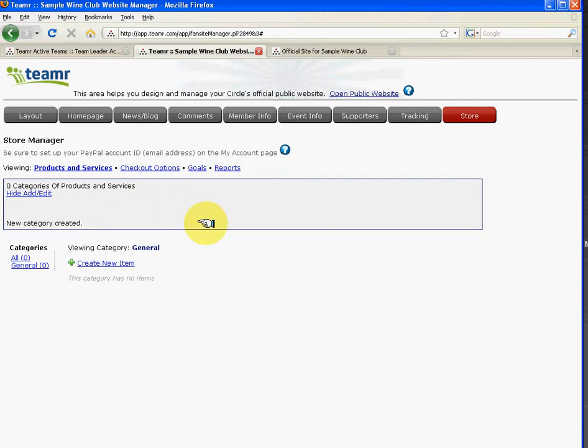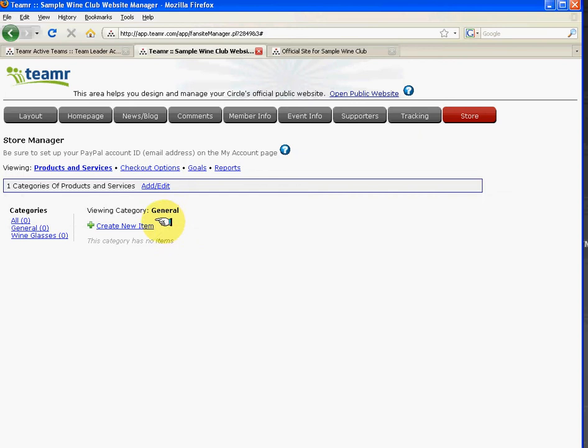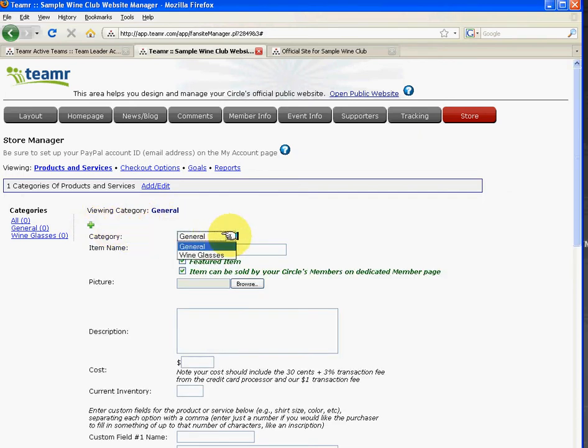Hit Save. There you go. You got a new category. Now we need to add an item. Find the plus sign, create new item. Category, wine glasses. Item name,